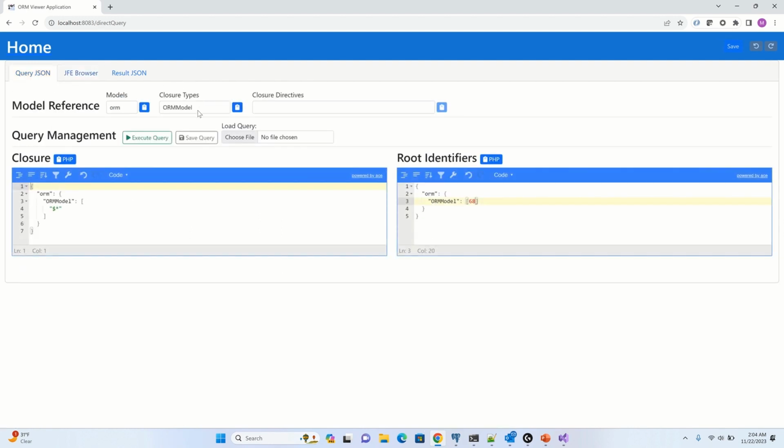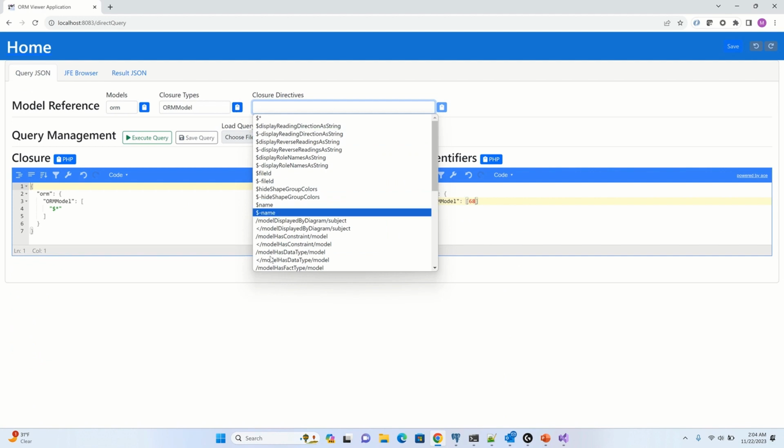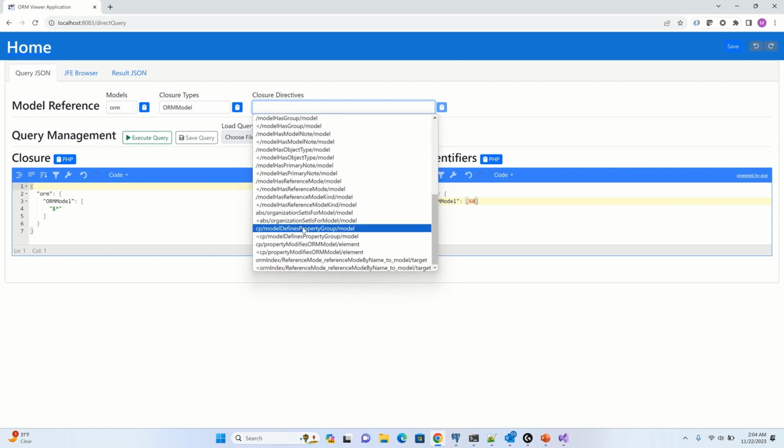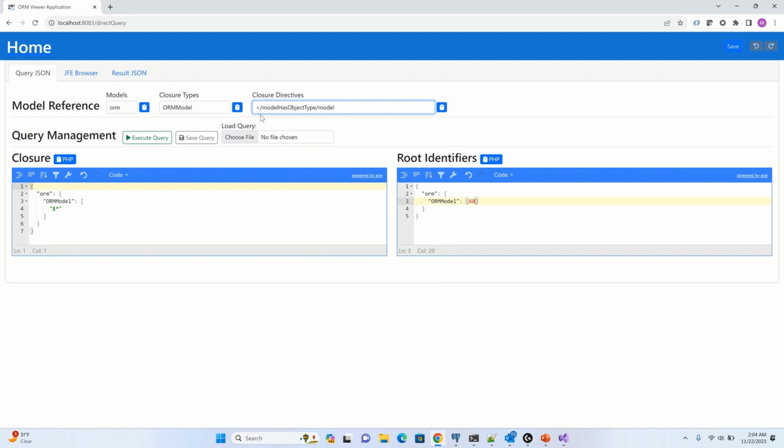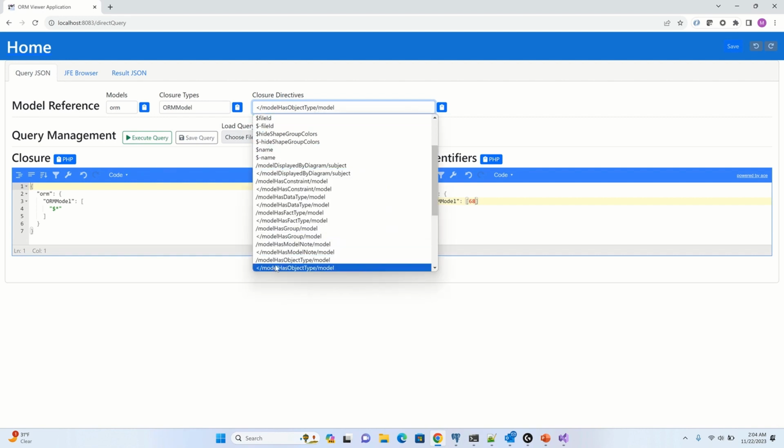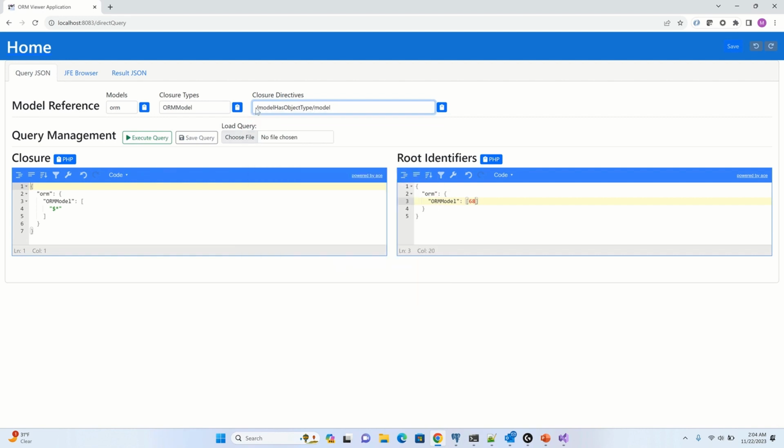And this says on my available closure directives for ORM model, I can do, let's see, object type. Model has object type. So this is the first slot, which is blank here, is the model name. So if you have an external model, you can go there. This is the link name. This is the role played by the local object. So let's go ahead and copy that onto the clipboard, which is helpful, and paste it in there. The yellow goes back away. We're able to see that. And we'll go ahead and add something for